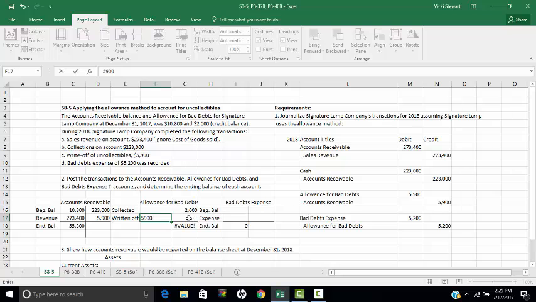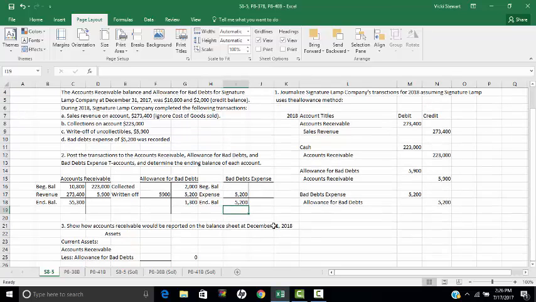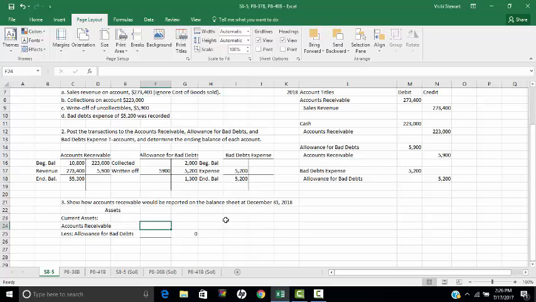And then we have the recording of the bad debts expense. So we debited bad debts expense for $5,200 and we credited the allowance account for $5,200. So now we have our balances in these three accounts: $55,300 debit balance for accounts receivable, a $1,300 credit balance for the allowance, and a $5,200 debit balance for the bad debts expense. Part 3 of the problem says show how accounts receivable would be reported on the balance sheet